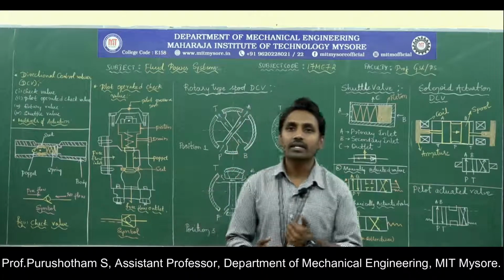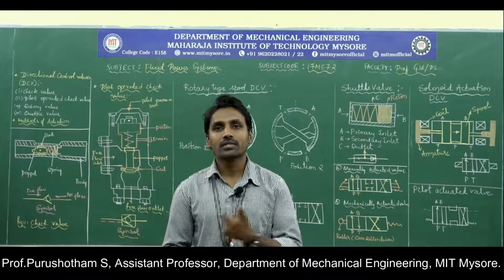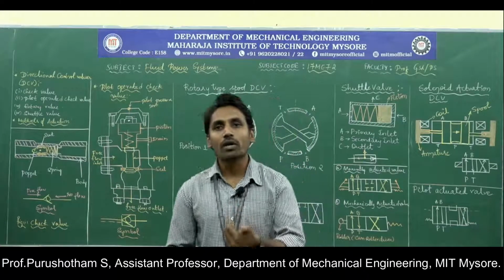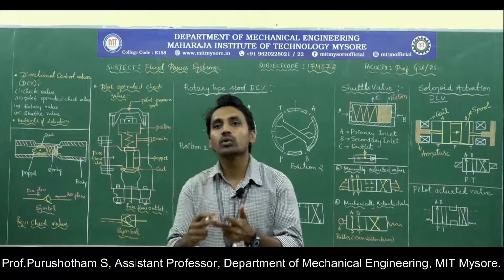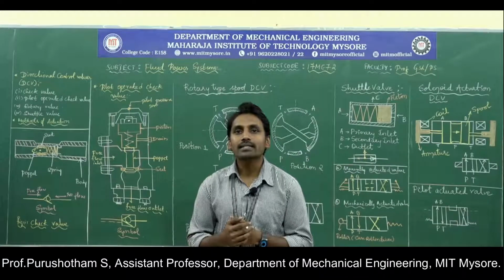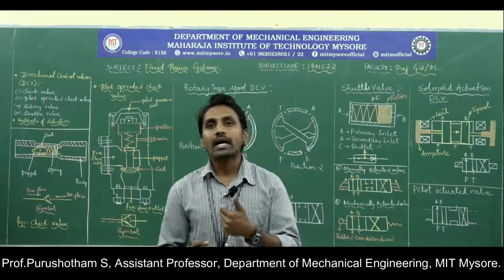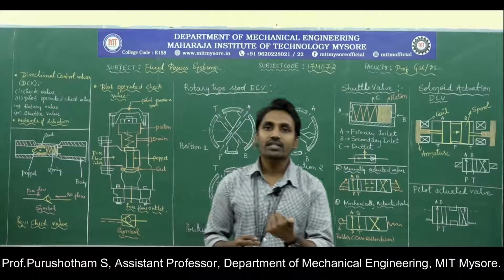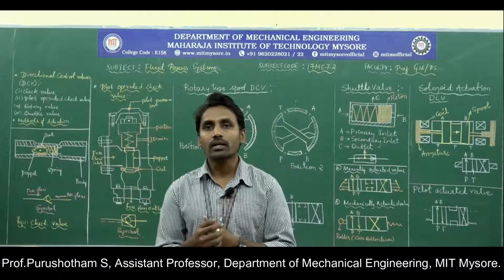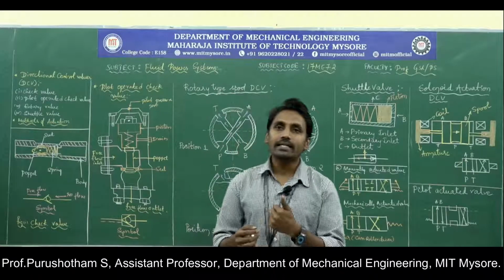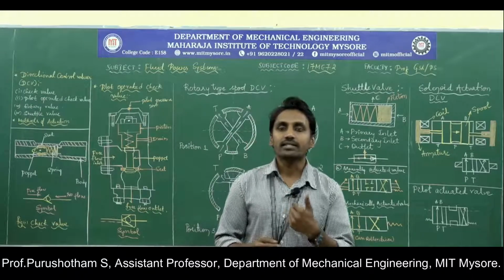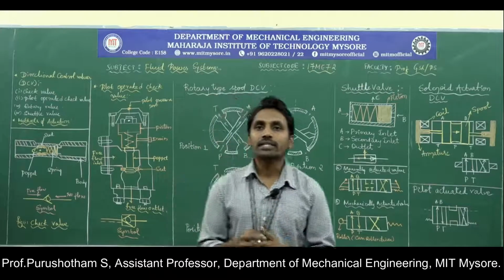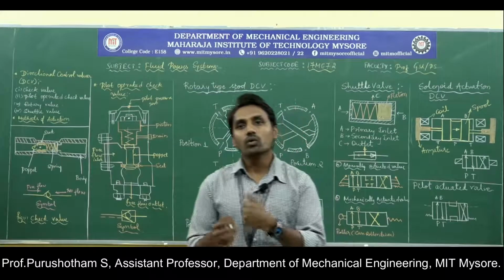In the previous session, we learned what control valves are. That means control valves are fluid power devices used to modify the direction, pressure and flow rate in a hydraulic system, as well as the importance of control valves in the hydraulic circuit. Then under types of control valves, that is directional control valve, pressure control valve, flow control valve. Under direction control valve we studied the schematic representation, symbolic representation of direction control valve and the construction and working of the poppet valve as well as the sliding spool valve.